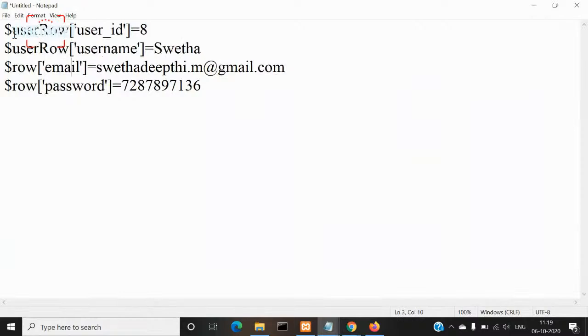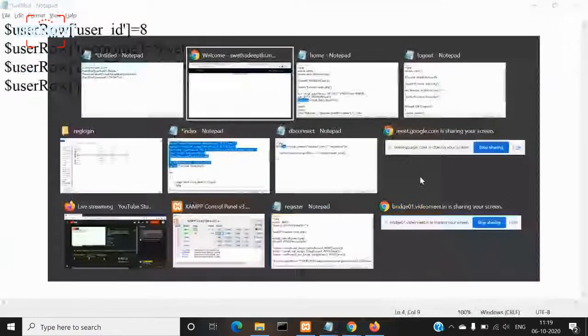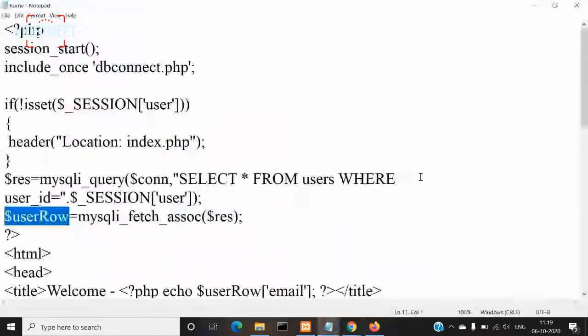Field names will be same because the table from which we are extracting is same and the record that we are extracting is also same. So the field names will be same. Okay. So once we obtain this record and store it in this associative array $user_row, now what we are doing here is